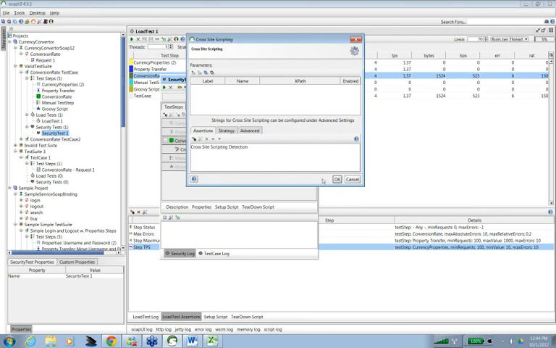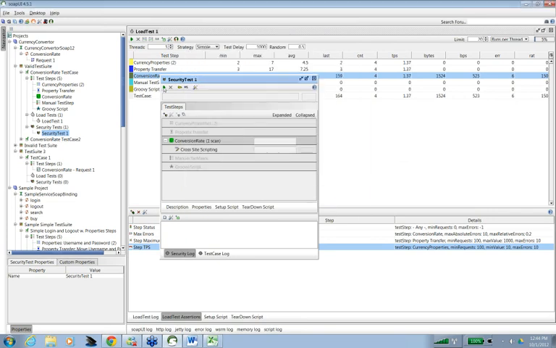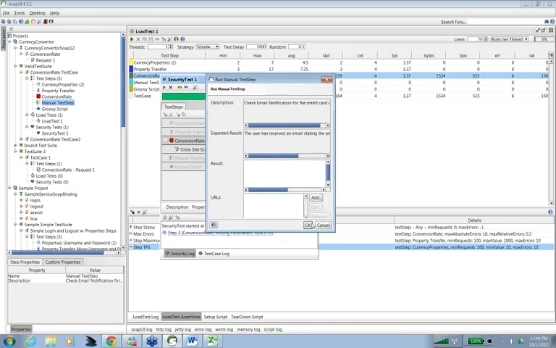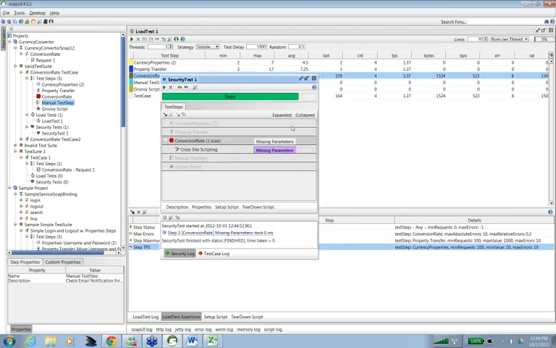I'm not using any parameters and I'm not using any manual step. So it is done, and since I am not using any parameters, it says that cross-site scripting has been done.